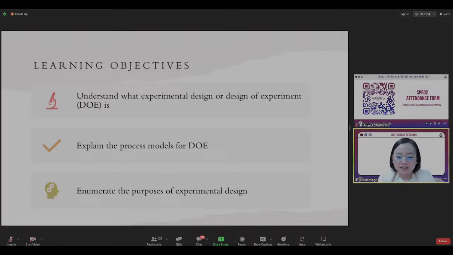Before, kahit correlated yung an analysis. With experimental design and analysis,